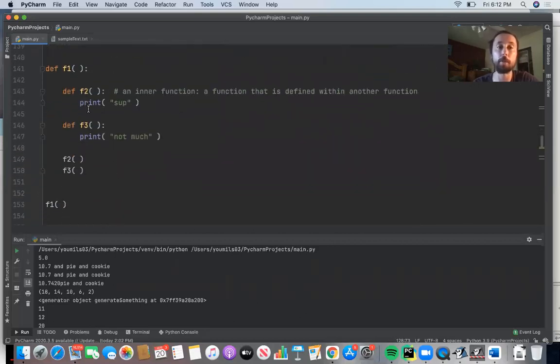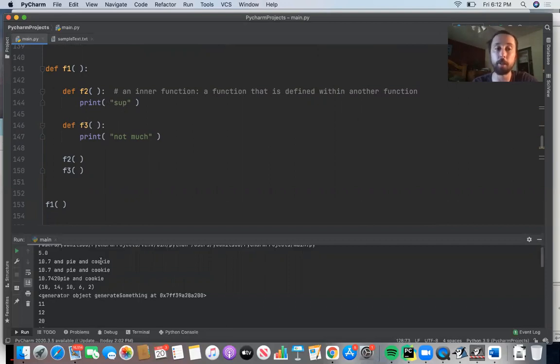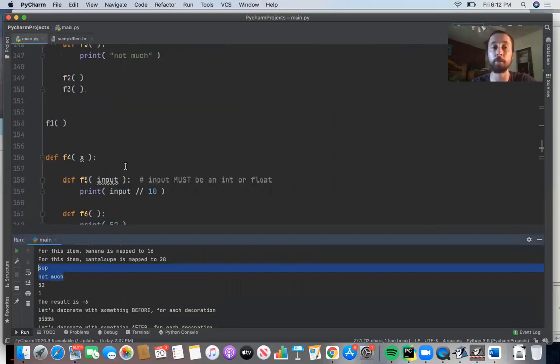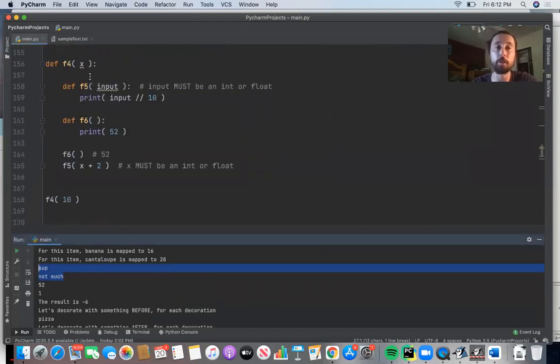I think we already saw basically that if F1 calls F2 and F3, and F2 and F3 are defined within F1, then if we call F1, it'll run F2 and F3. And so that's why on the console, if you scroll down, you see sup and not much. We talked about that in the previous video. And then we saw this other example. This one is a little bit